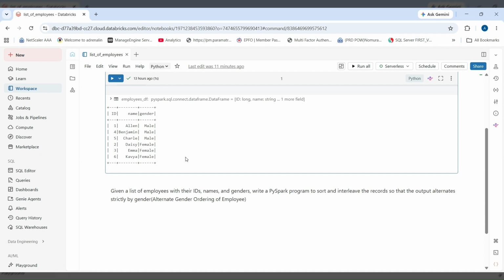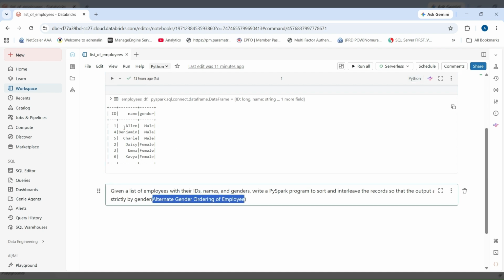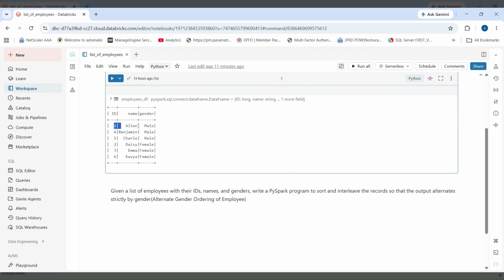So we need to create the output in this format, so that the employees are arranged in alternate gender order, like male, female, male, female, male, female. This type of order